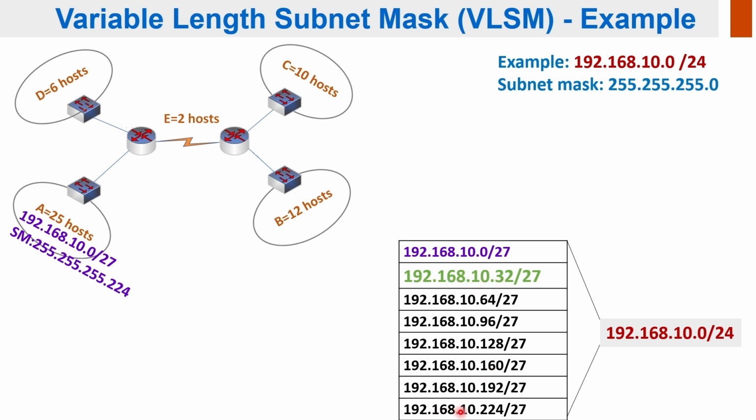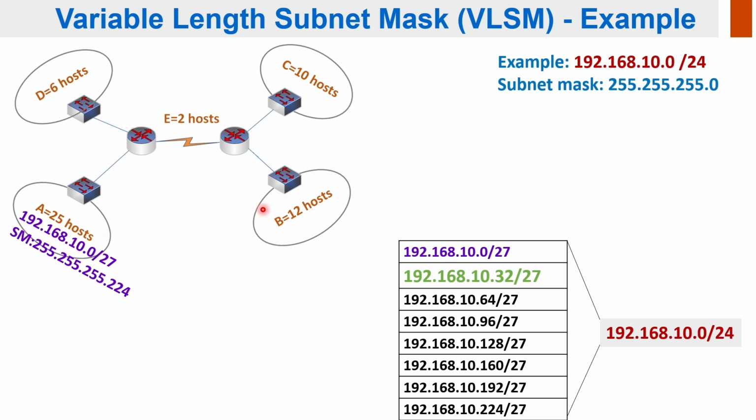192.168.10.32 until 192.168.10.224. Out of this, 192.168.10.32 is the first subnetwork, or the numerically lowest subnetwork, because all the others are bigger than this one, right? This is 32, then 64, then 96, so all are bigger. That's why it's called the numerically lowest subnetwork. So now we will select this subnetwork and we will look for the next largest network in our